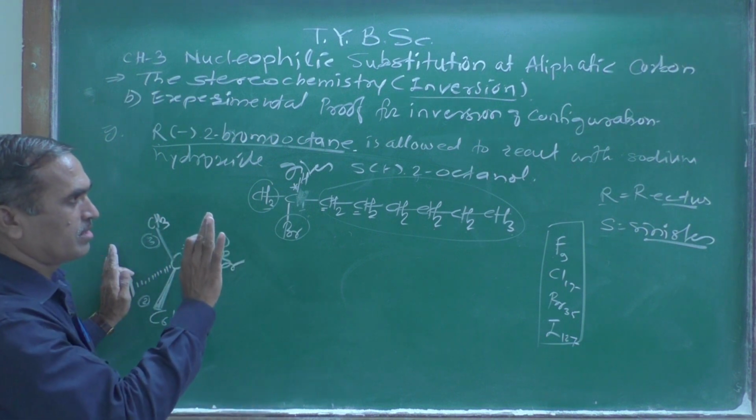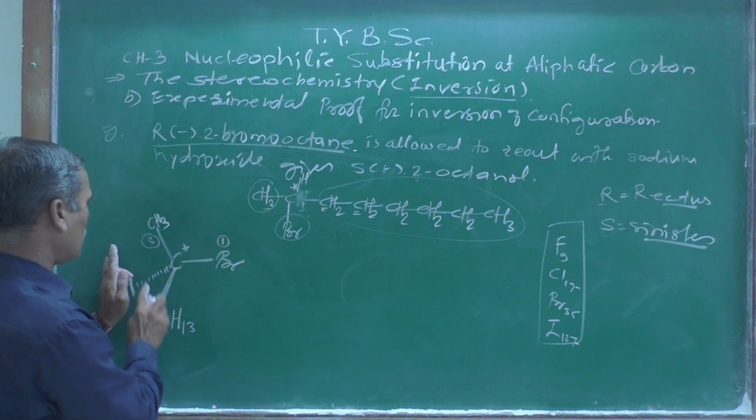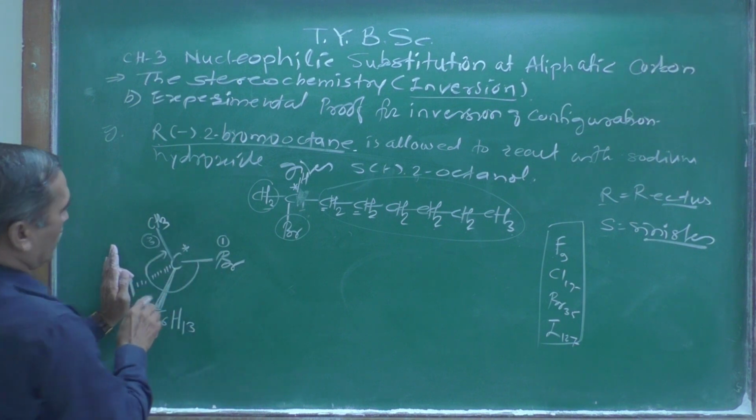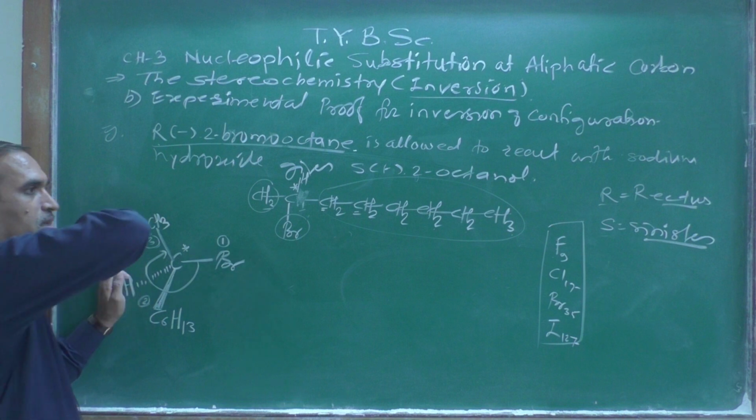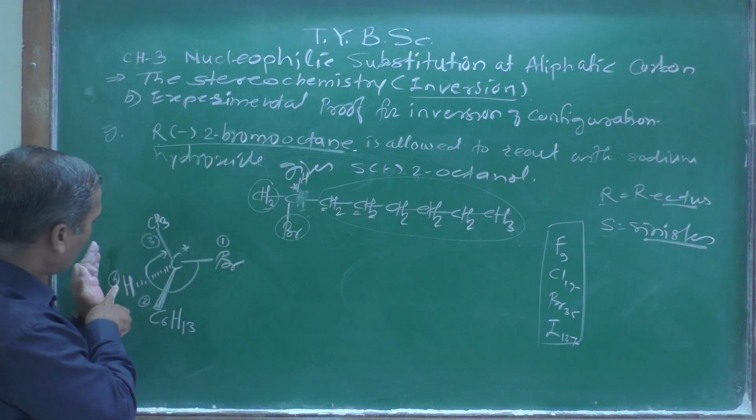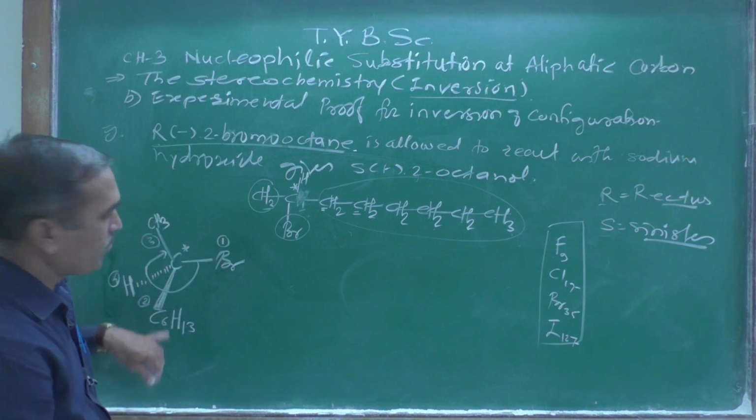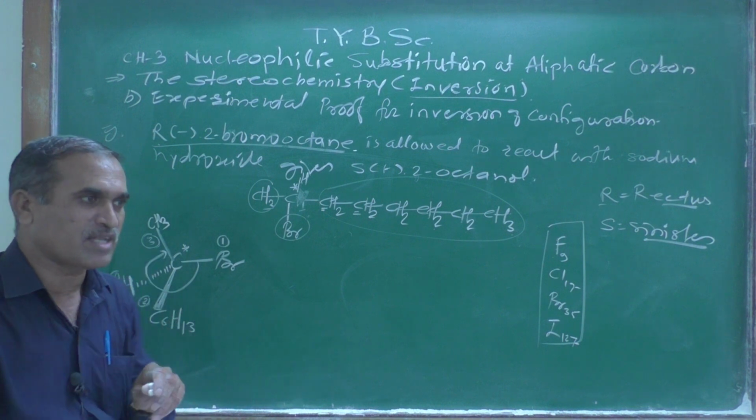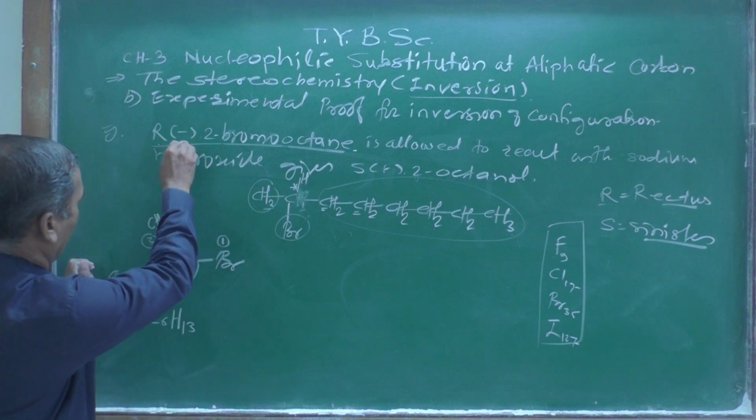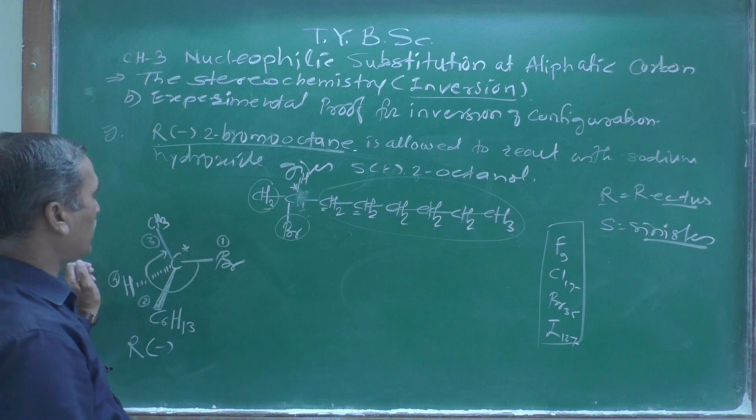Now, while showing the R/S configuration, you travel from 1, 2 to 3. Look at what type of rotation it is. It is a clockwise rotation. The fourth priority, whether it goes below the plane or above the plane, remains as it is, and therefore this is an R configuration, and that's why the name of this compound is R, and minus is a levorotatory